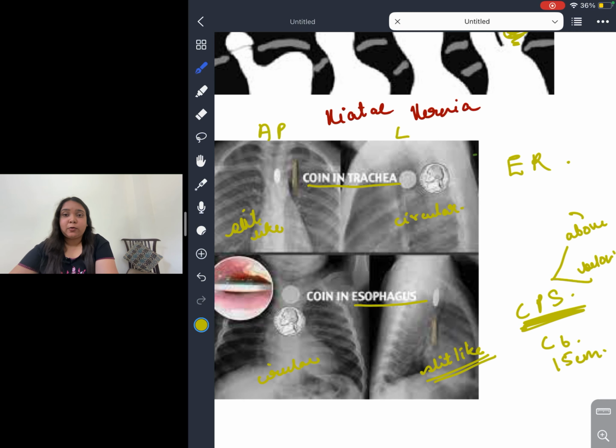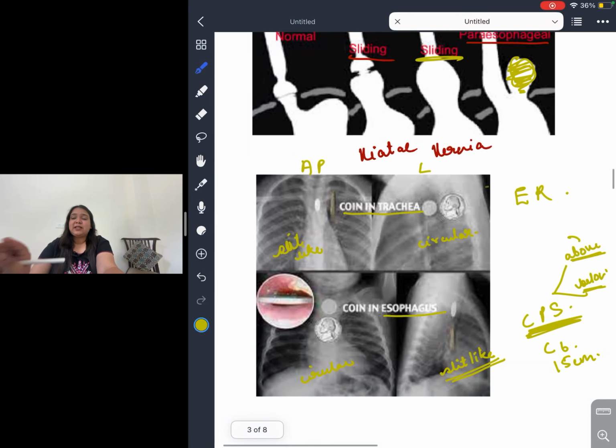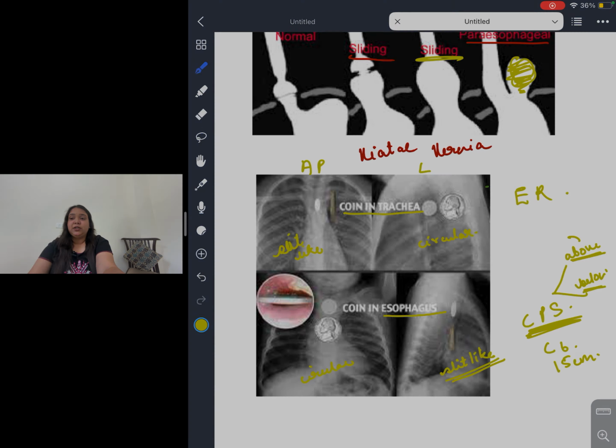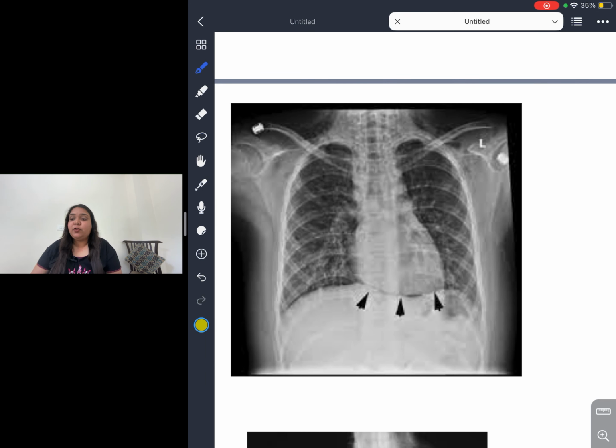If it is above the cricopharyngeal sphincter, you have to go with endoscopic removal. If it is below, then you have to go for serial x-rays. Do many x-rays in the patient and see whether it is coming down or not. Give the patient a lot of mashed food, and if it is coming down, then only observation is needed. If it is not coming down and is stuck at the same place, then you have to go for endoscopic removal. So this is how you will give treatment if a foreign body is present in the GIT of a patient. Now let us have a look at our next image.